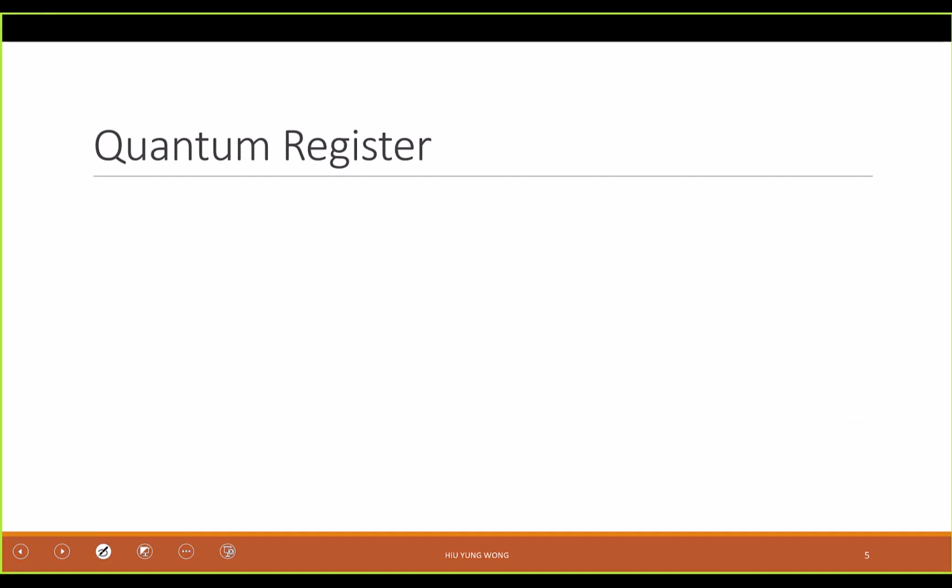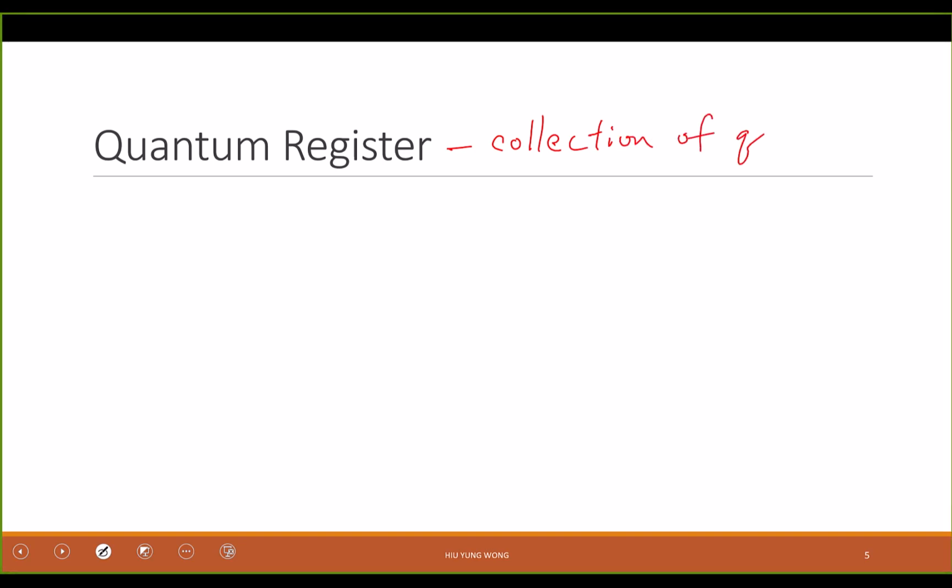We'll not store it in a register. We'll just say, okay, this group is a register, a group of qubits. So I would say this is just a collection of qubits. That is what people very often refer to when they say a quantum register. But of course, as the field grows, maybe later they will call this really a memory. But at this moment, we don't call it that. Don't worry about that. So, for example, for 4 qubits